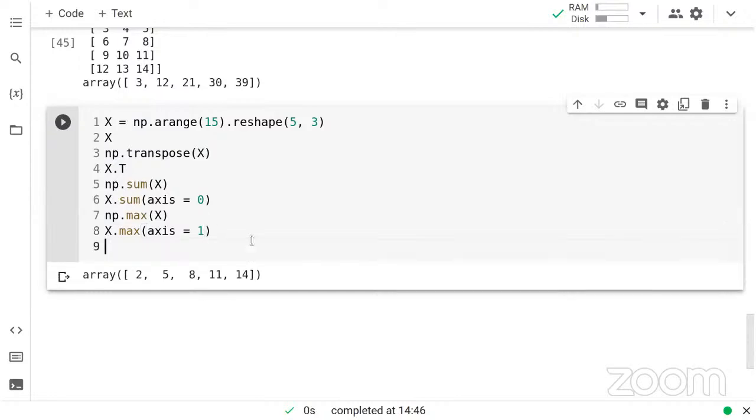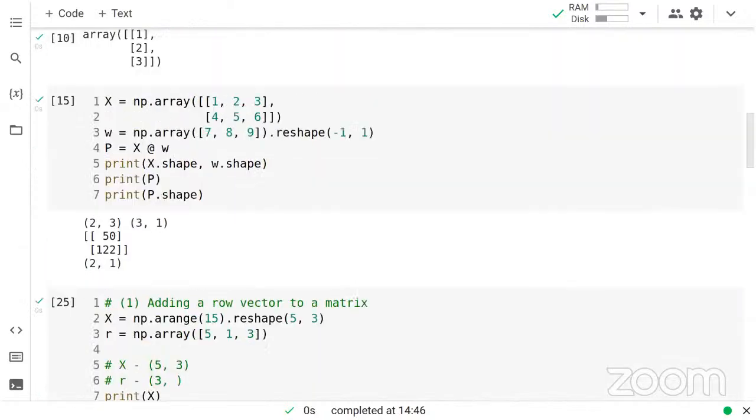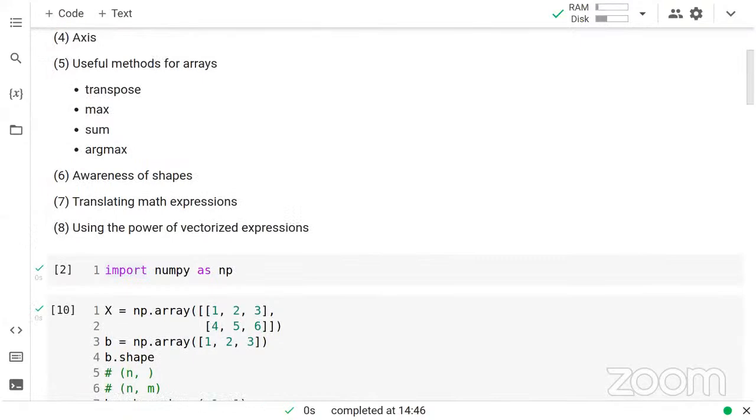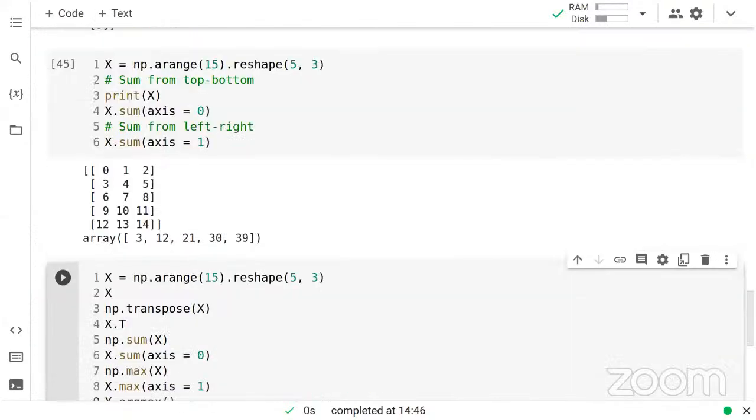The last thing that would be useful for you is argmax, right? So same thing here. So that is with respect to useful methods for arrays. And